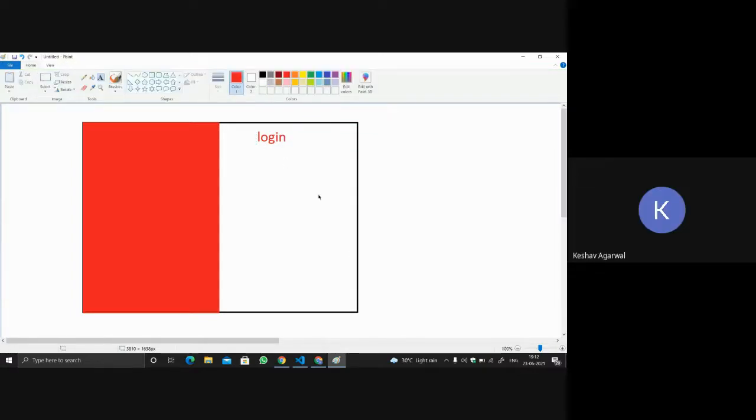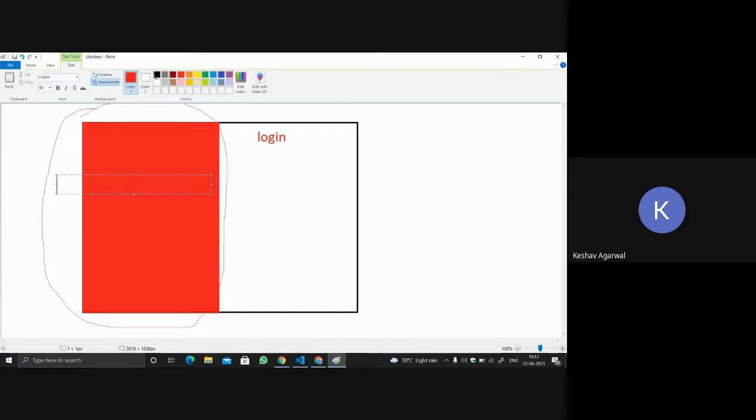First we will divide the page. We will use this area as canvas, and then we will divide this area. We will make this area a frame.